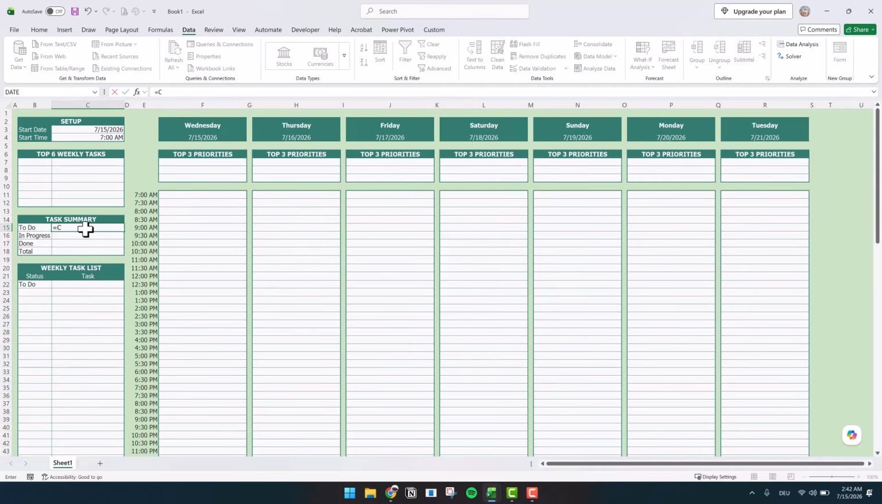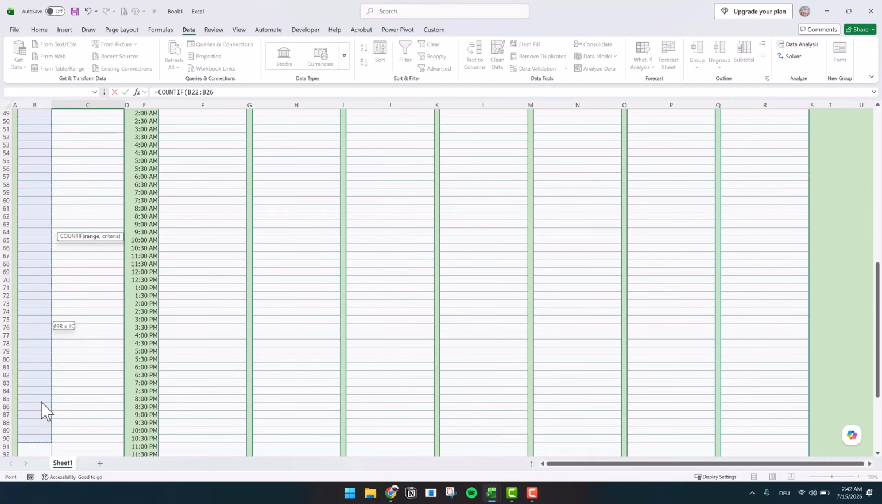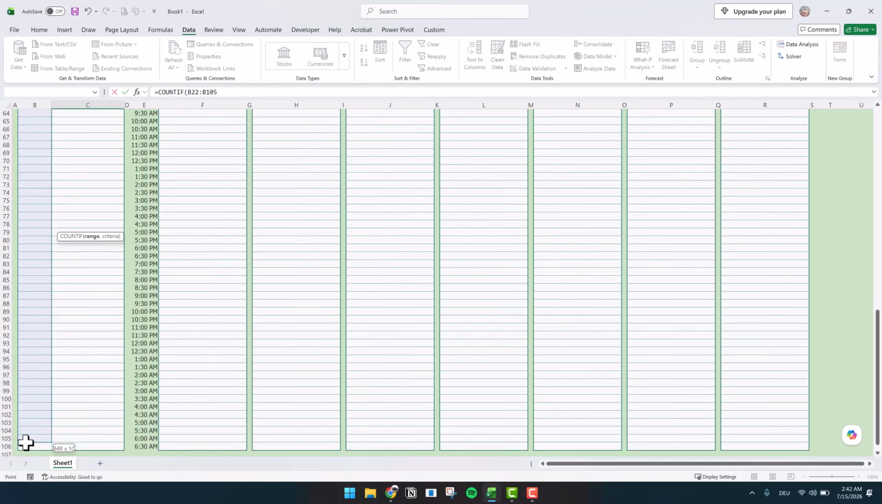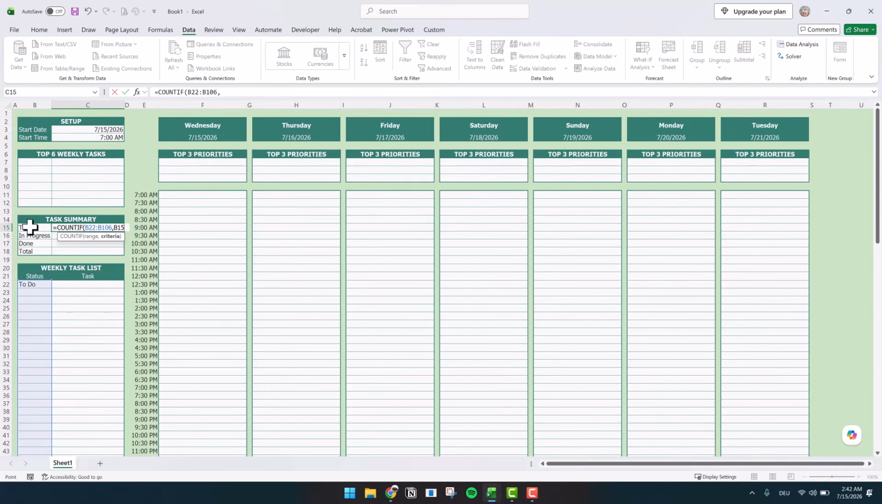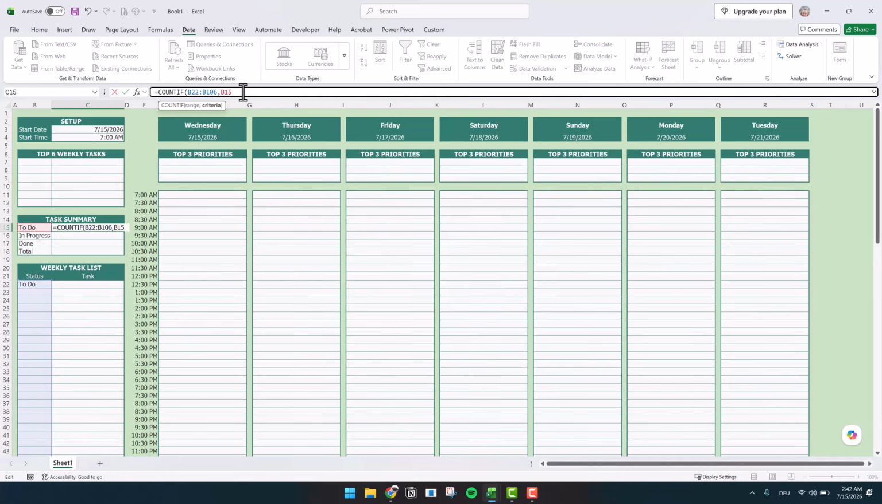For that, we are using our count if formula. So the first thing is we need to select or type in the range, which is basically the same color again. And then comma, and we need to specify the value that we will be counting. So you can either select the cell or you can just type it in. And we do need to set the range because we would want to extend this formula also for in progress